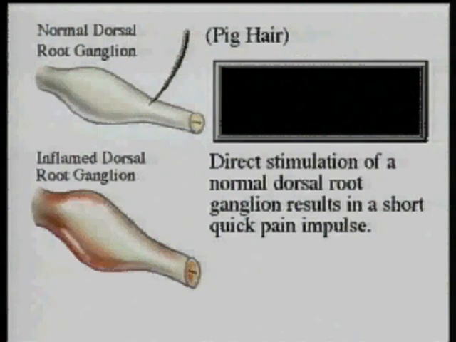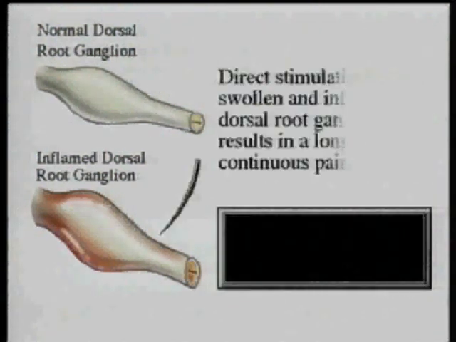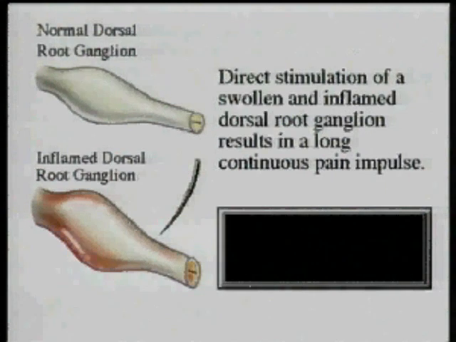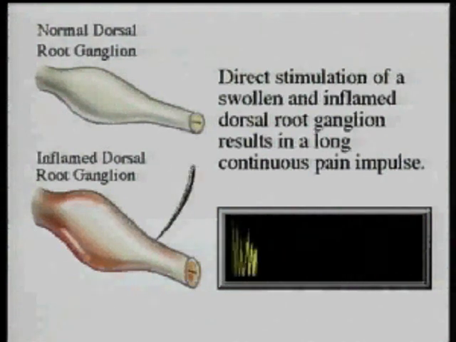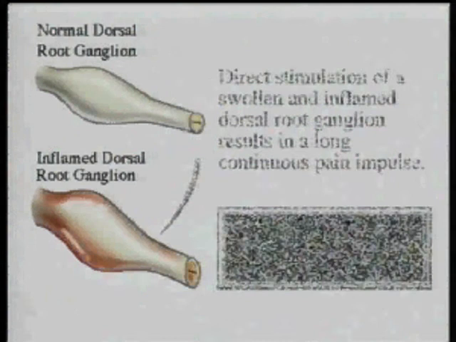The situation is very different if the inflamed dorsal root ganglion is stimulated in a similar manner. There is not a short, self-limited impulse, but continued, long nociception constantly being produced by the dorsal root ganglion to the brain. Inflamed dorsal root ganglia are so hypersensitive that even body movements, such as breathing, can elicit a continuing train of